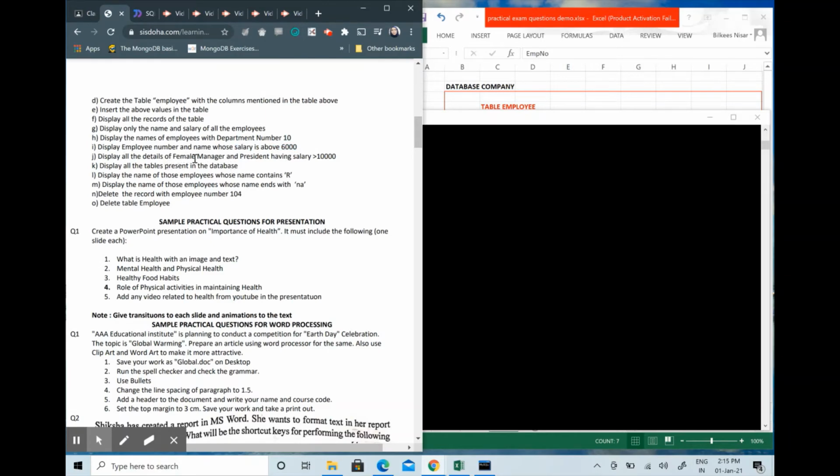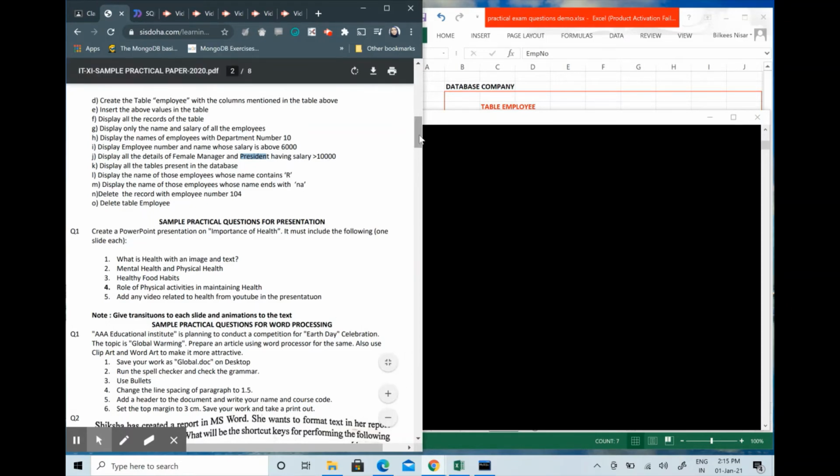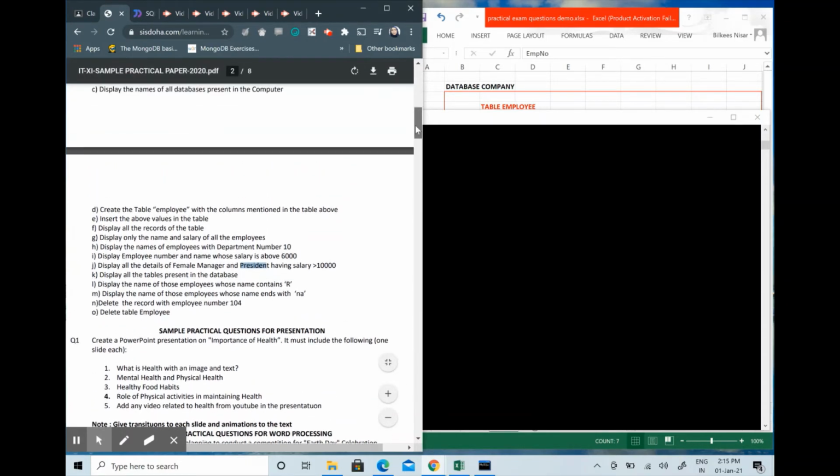We have to check where the person is a female manager and also a president, having salary greater than 1,000. So there are 2 conditions here. So let's see our database here. Okay, as you can see here,